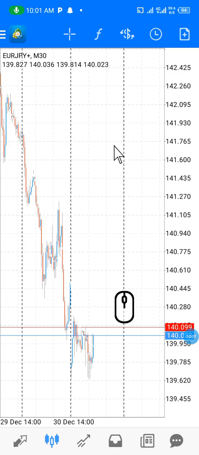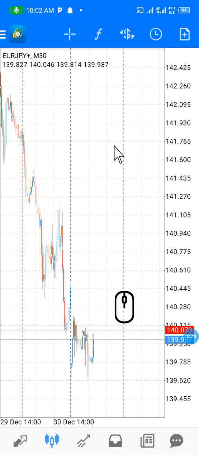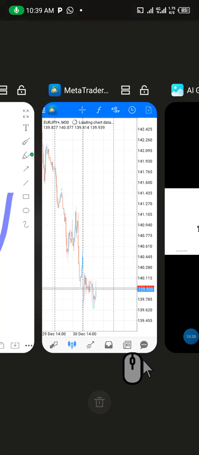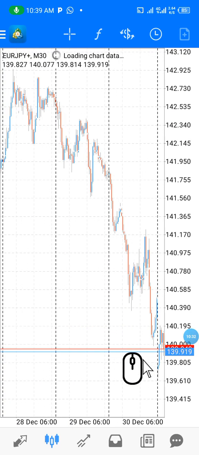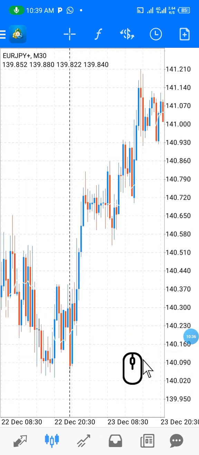So we're going to look at how we're going to mark out our swing highs and swing lows, and how to take trades using this market structure. We'll be looking at how to identify these structures. We'll go to our chart. So all you need to do is, let's take for instance, you met